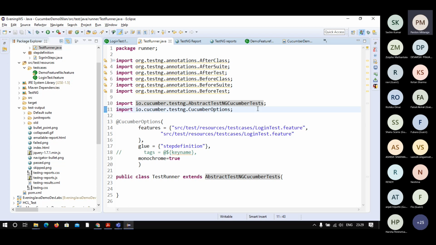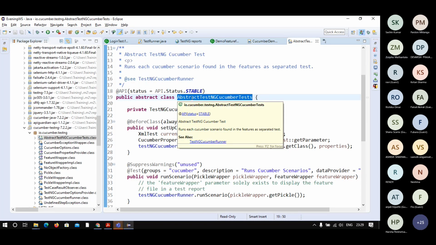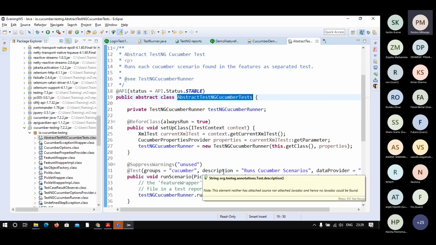Oh, it's a static one. No, it's not. Okay. You see here, this is the abstract class. Let me go to the public abstract class. So you have to extend that class, and then you can use it. Okay, thanks. Okay, welcome.